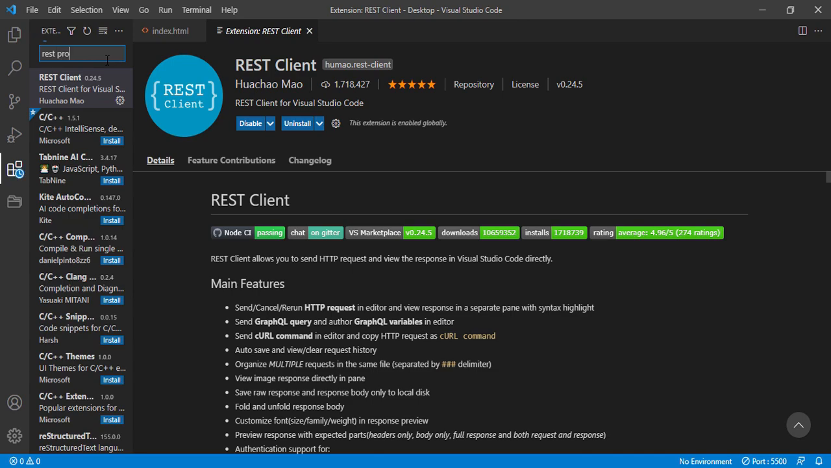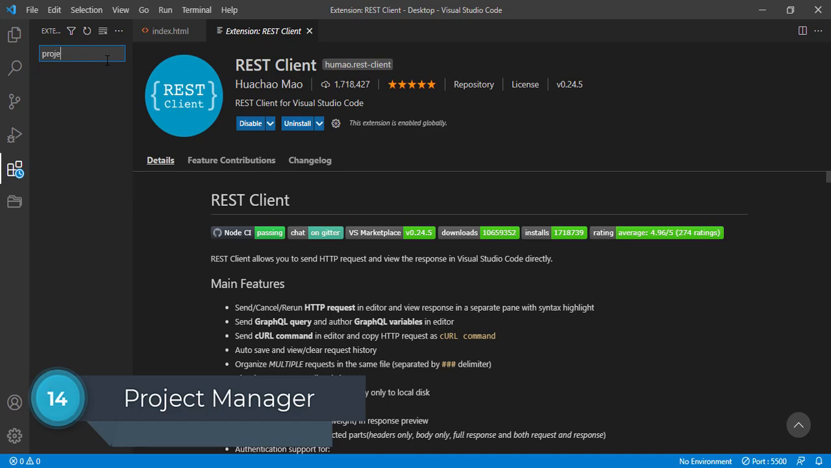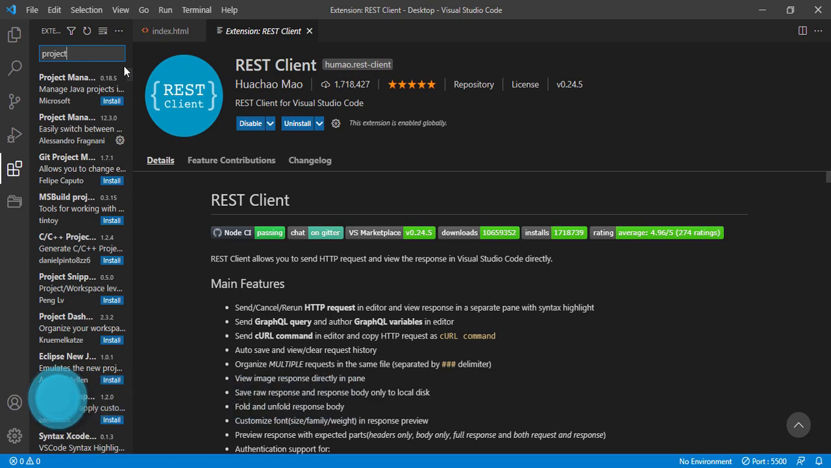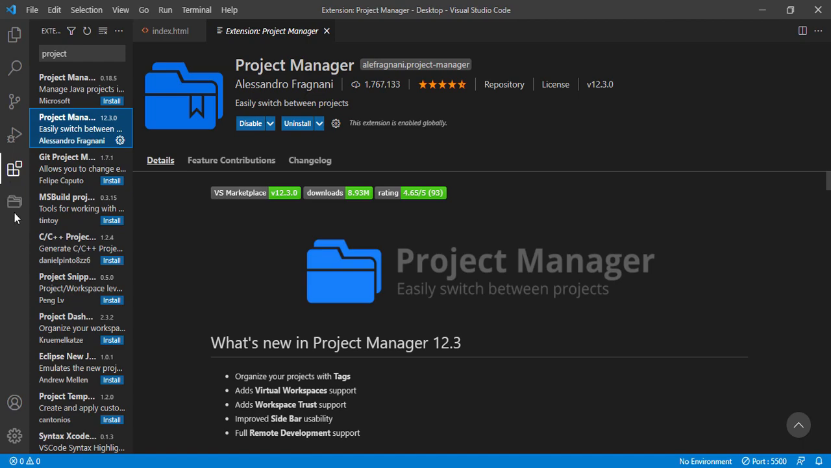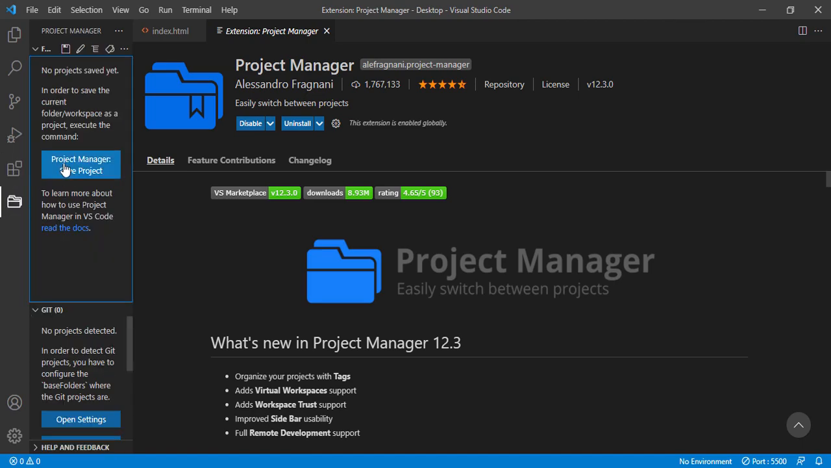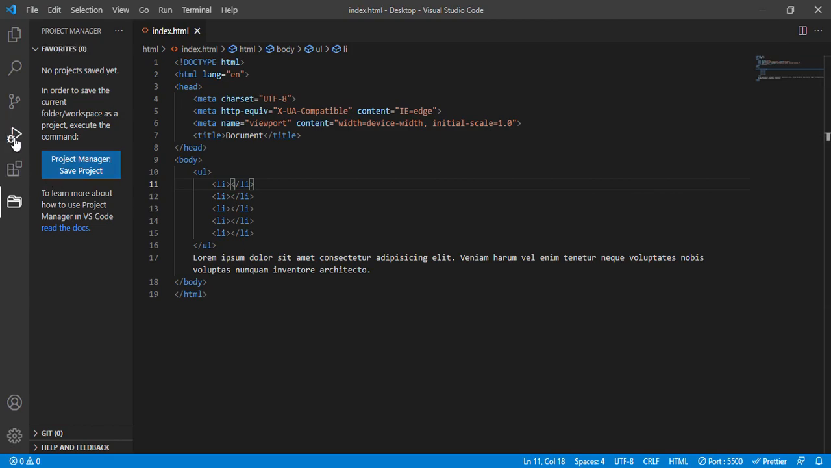Now the next one is project manager. This extension helps you to manage your project. So when you install it, it provides this icon there, so you can click and go to check. So it's really helpful for us. Sometimes we need to make a big scale project, so it helps to manage our files correctly and not make a mess. Now the next one and the last,